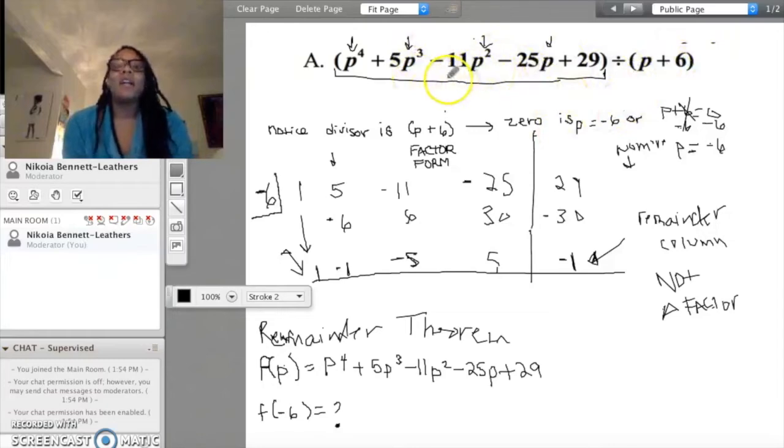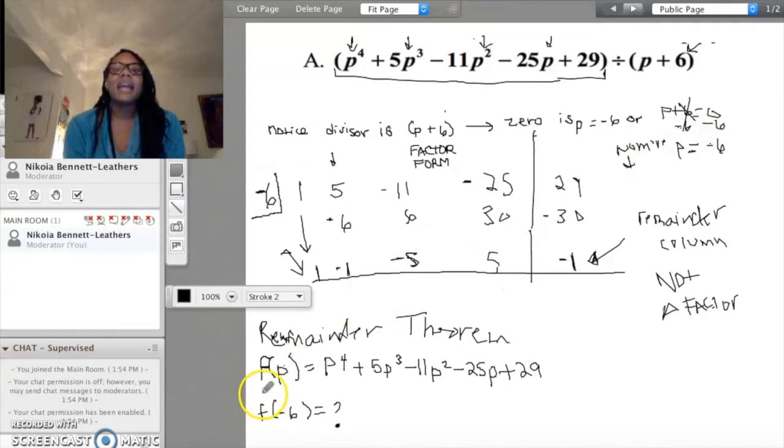Let me say that our dividend is going to be our function. So that's going to be f of p. I set f of p, the polynomial with the highest degree, as our function, okay? And then I'm going to find the 0 of my divisor, what I'm dividing by, just like before. The 0 of my divisor, the factor p plus 6, is equal to negative 6,